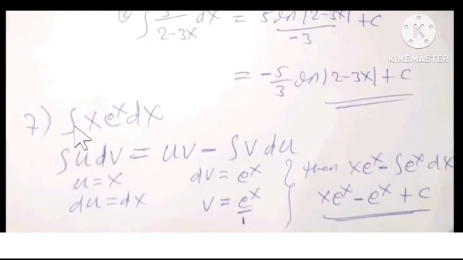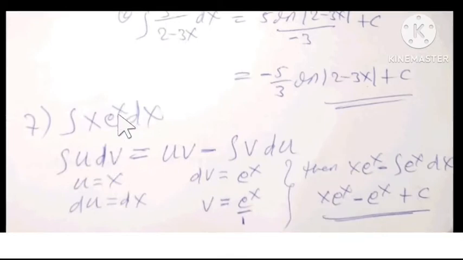The seventh property: integral of x e to the power of x dx. Keep in mind, this is a main property: integral of u dv, where dv is represented by e to the power of x, is interchanged to u times v minus integral of v